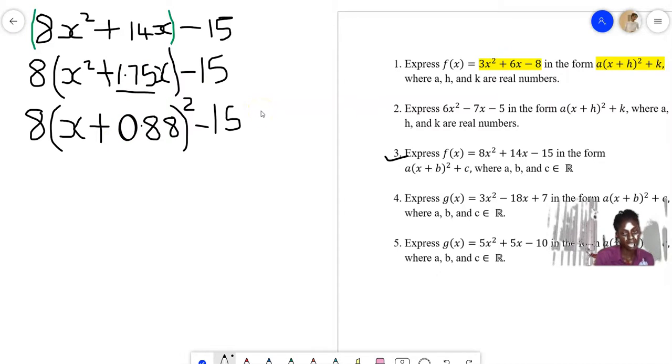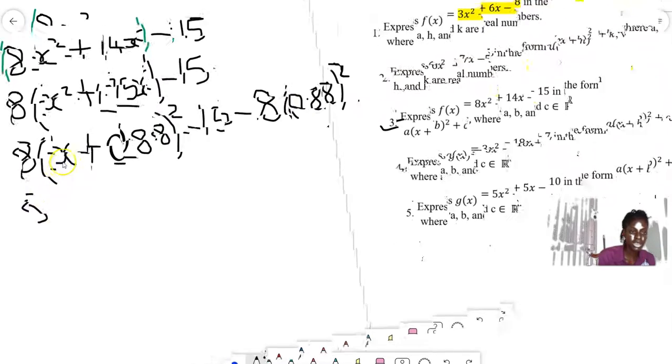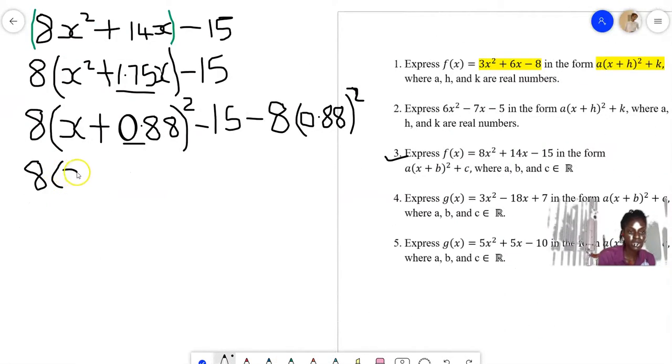What do we do after that? We put our minus sign because we will be subtracting, and we write back our a. We will be multiplying it by our constant in the bracket squared, so 0.88 squared. After we have done that, we can go ahead and write back the first part, so 8(x + 0.88)², and then everything else after the brackets we put in our calculators and get one final